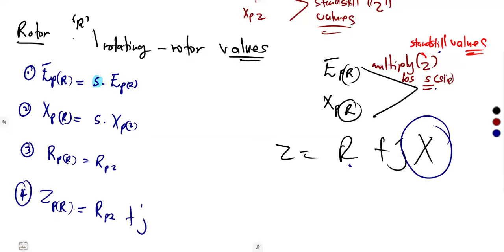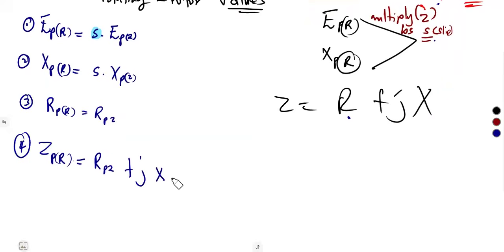Our reactance for these rotating rotor values, remember it's affected. This is our reactance here, which is XR. For rotating rotor values, the reactance was affected. So you can even substitute, guys, here with its equivalent. What is its equivalent under